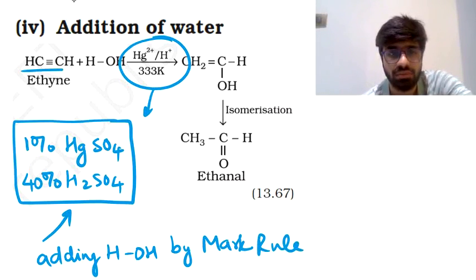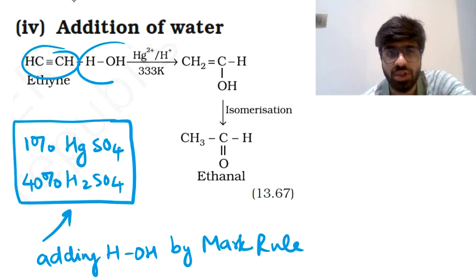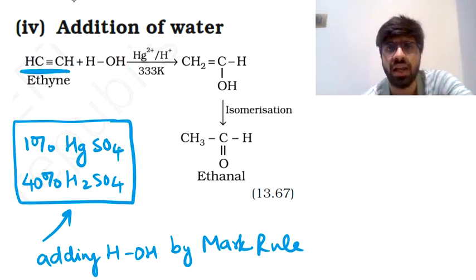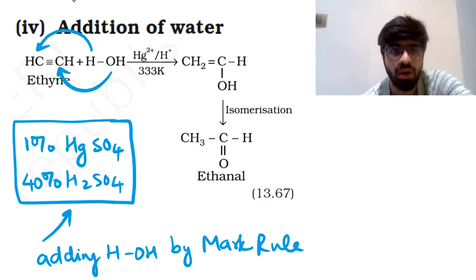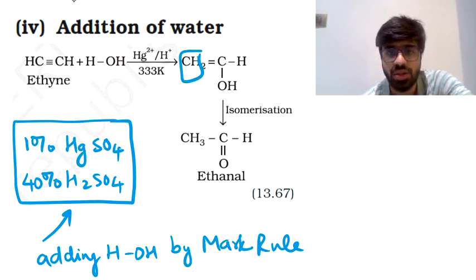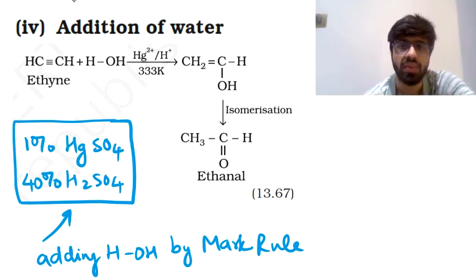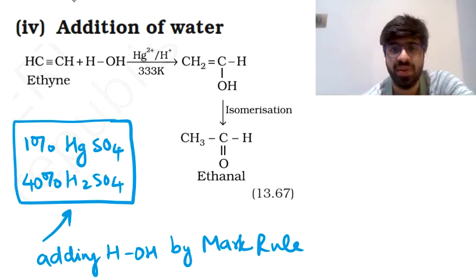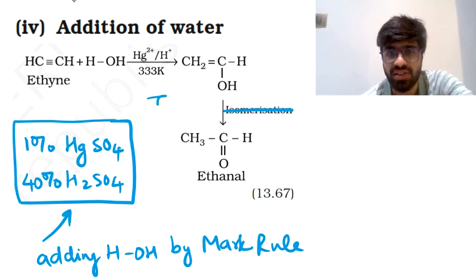So take this molecule which is ethine. So when we talk of ethine plus H2O, currently the alkyne that we have is symmetrical. So let's put that H here and let's put that OH here. So we have CH2, CHOH. The triple bond also breaks and becomes a double bond. They are saying isomerization. Specifically, if I have to call it, it is tautomerization.